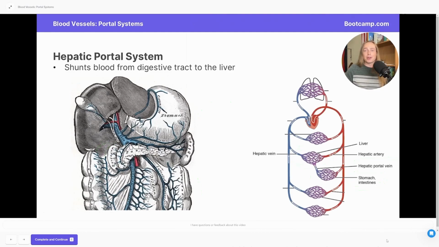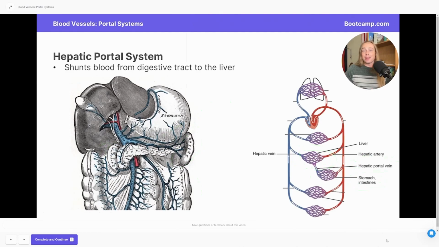The main goal of the hepatic portal system is to take concentrated blood from the digestive organs and a few other organs like the spleen and send them towards the liver where it can be processed and made safe for the rest of the body. On the right, we see a really basic diagram of how the hepatic portal system works, with blood from the stomach and the intestines being ported through a vein called the hepatic portal vein and eventually making their way into